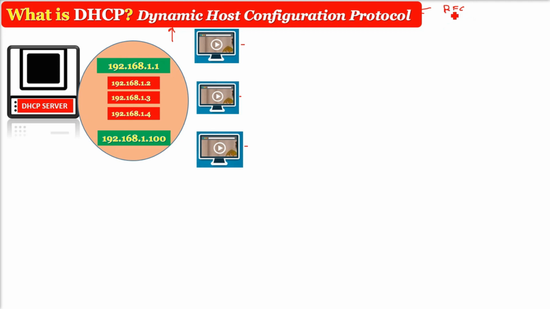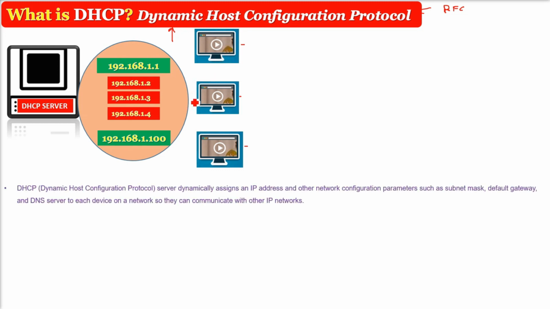And protocol is all about RFCs, the framework which has been developed and that everyone has to follow. And configuration means giving certain parameters to make it align to work for the computer, to work for the network. So what is happening here is DHCP, or Dynamic Host Configuration Protocol, the system and the server also,